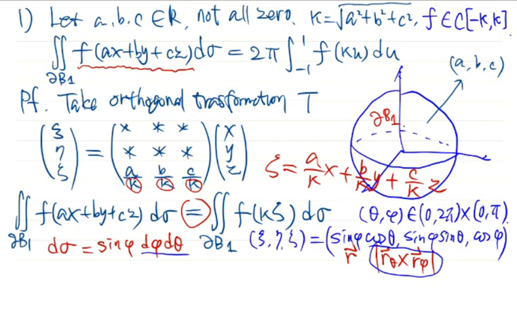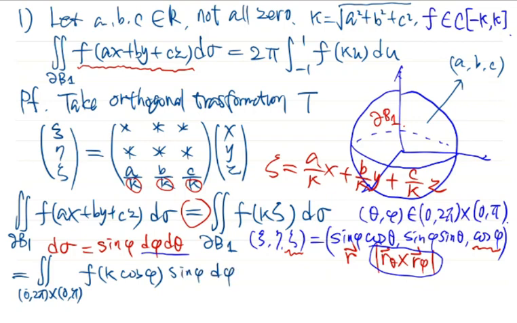Okay, so using this parametrization, you can transform the surface integral on the right hand side to a double integral over the rectangle of the parameters, that is 0 to 2 pi cross 0 to pi. Then f(kappa zeta) is what? Zeta is cosine phi. By our parametrization, zeta is cosine phi. Then d sigma is sine phi d phi d theta. Okay. Then this double integral